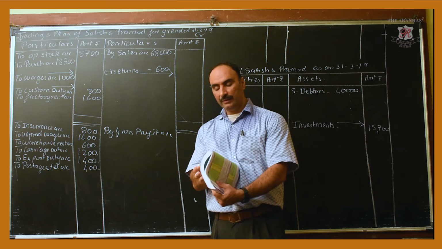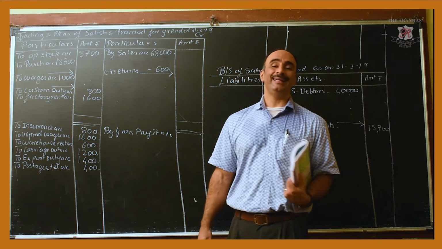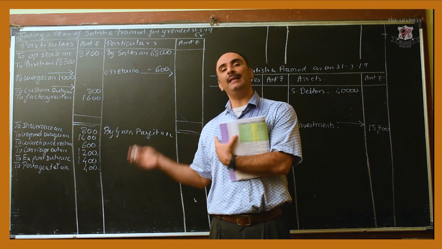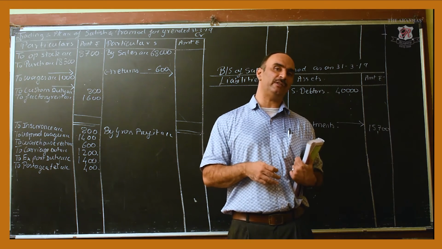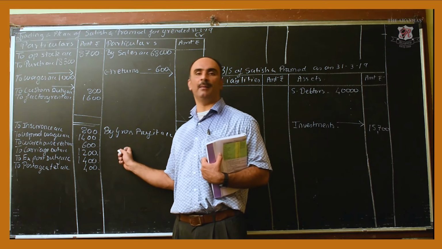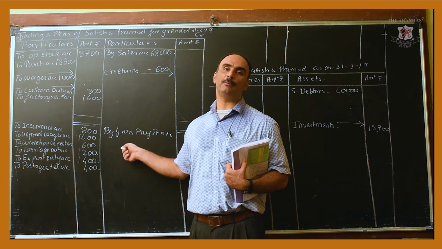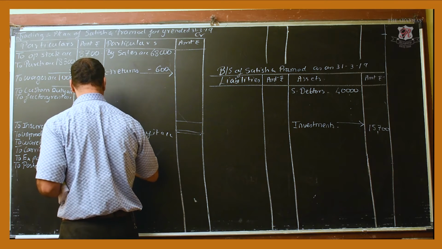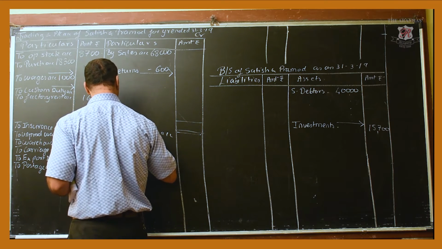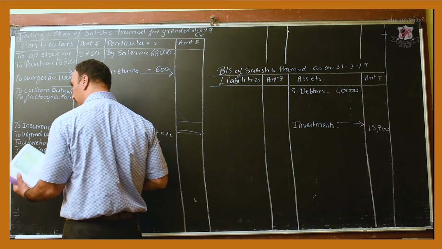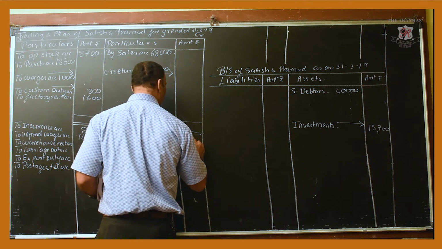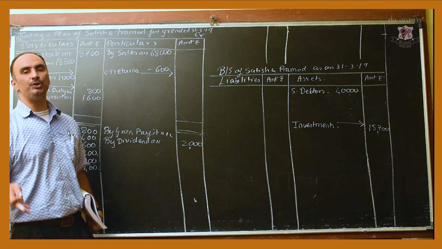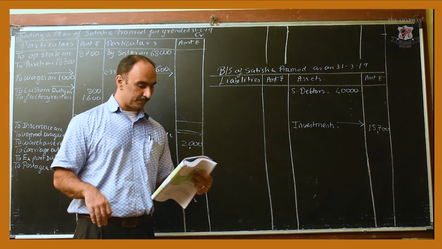Then is dividend. Now this dividend on the credit side indicates that I have invested some money into shares of another company and they are giving me a dividend in return for that shares. So that dividend is an income. It's not manufacturing in nature. So I'll put it on the credit side of my P&L account. So here I will record on the credit side by dividend account. Dividend is 2,000. Remember, when you put money in bank, you will earn interest. But when you put money into shares, you will earn dividends.